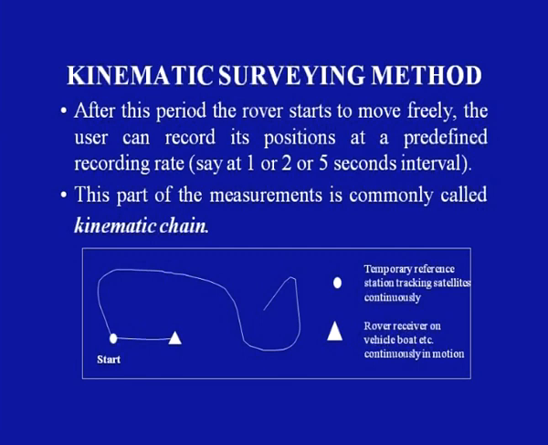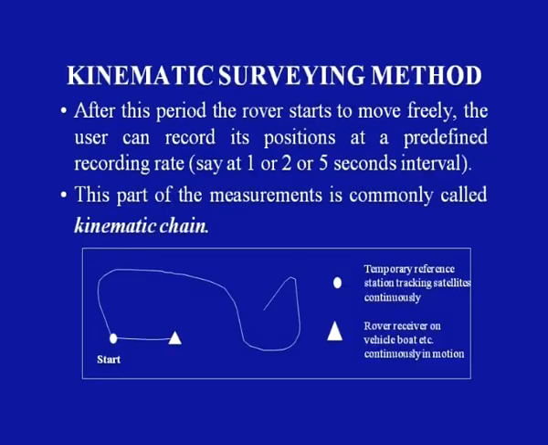After this period, the rover now starts to move freely and the user can record its position at predefined recording rates, say at 1 or 2 or 5 seconds interval. This part of the measurement is commonly called the kinematic chain. In the figure below, we have a control point and we have a start point where the rover is kept, and now